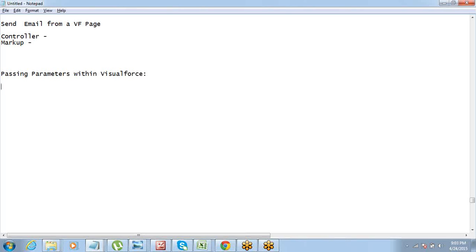So passing parameter means if a user selects a record, so if there are, let's say, 50 or 100 records displayed, and then you want the end user to select one of the records and see the details of the record. In that case, you'll have to pass the parameter within the page. So when the user clicks on a certain record, the parameter or ID of that record should be passed from one section to the other section, so that the details can be displayed. All right, so